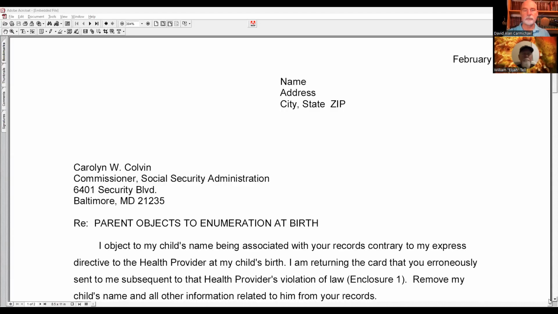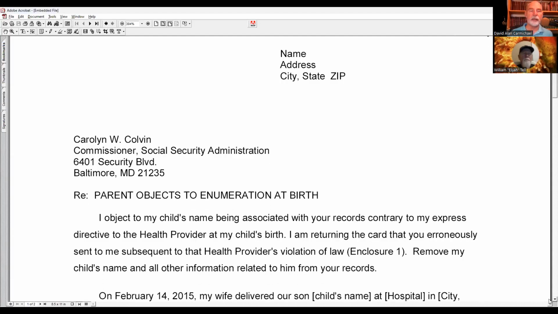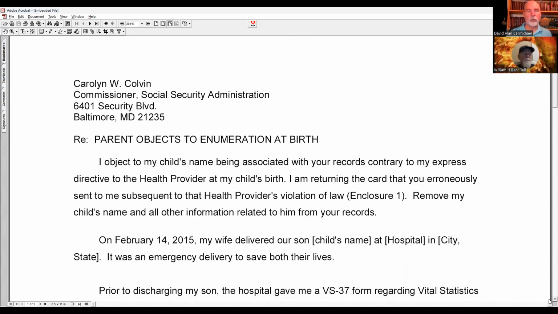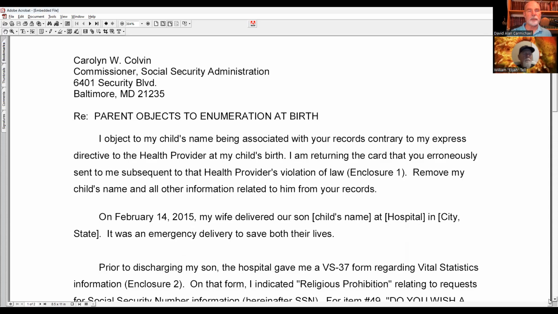Share screen, and here's the letter. Information redacted. So in this letter, it's to, at the time, the commissioner of the Social Security Administration at the main office. I don't know whether this is the service address, but it really doesn't matter because this worked.